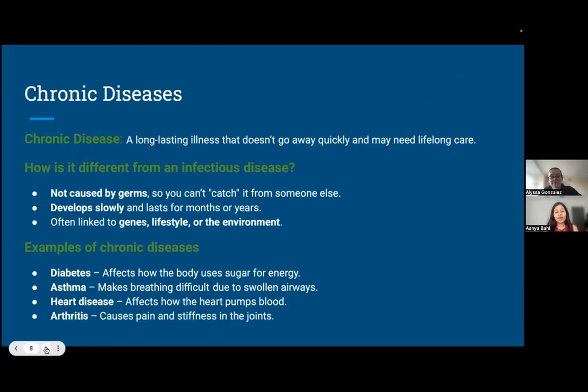Okay, now I'll talk about chronic diseases. So Alyssa covered infectious diseases, and another type of disease is a chronic disease. And this is a long-lasting illness that doesn't go away quickly and may need lifelong care. Now, how is it different from an infectious disease? Well, first of all, chronic diseases aren't caused by germs, so you can't catch it from anyone else. It develops slowly and lasts for months or years. Now, the question is, if you can't catch it, how do you get